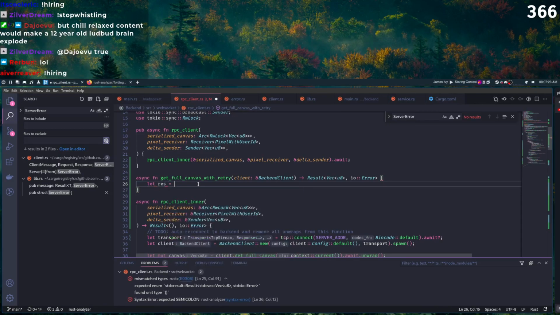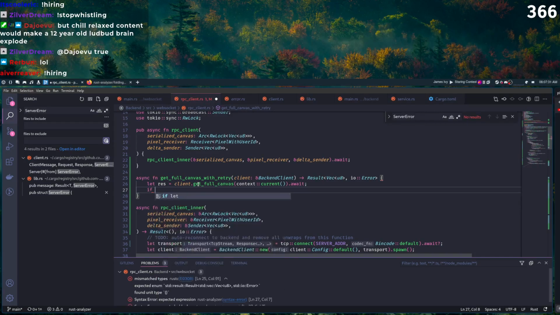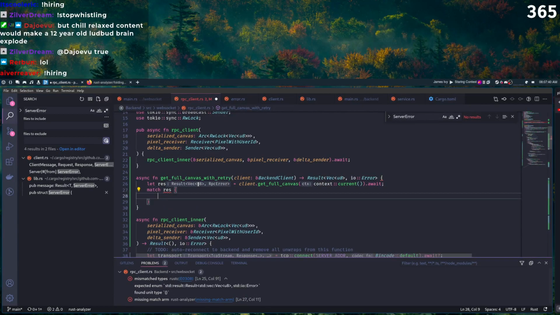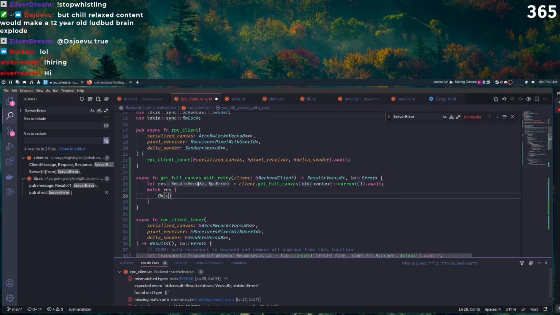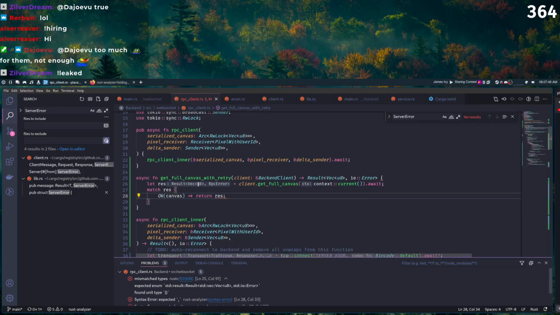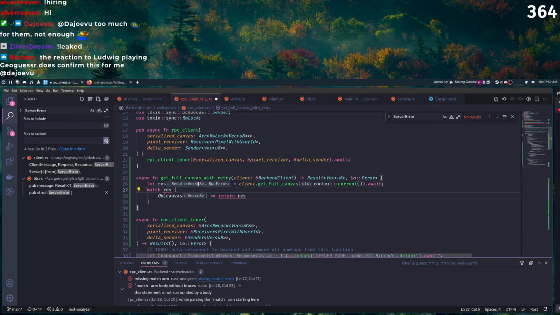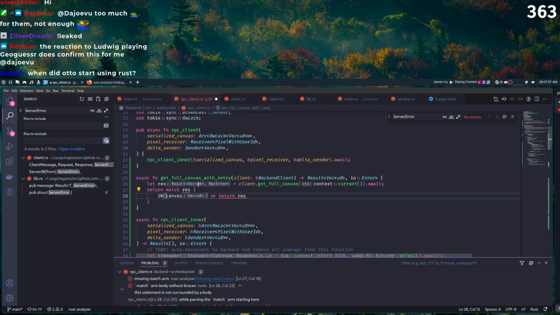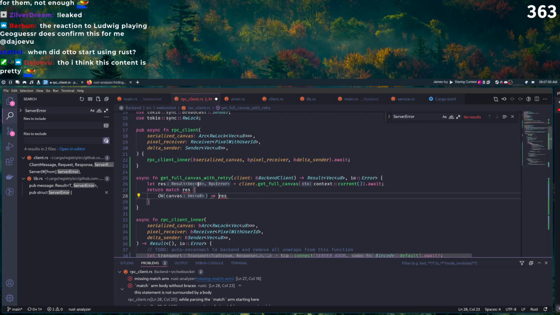Okay, so let res equal this. If res... no, we'll just match on res. We're going to return match res. If it's an error,